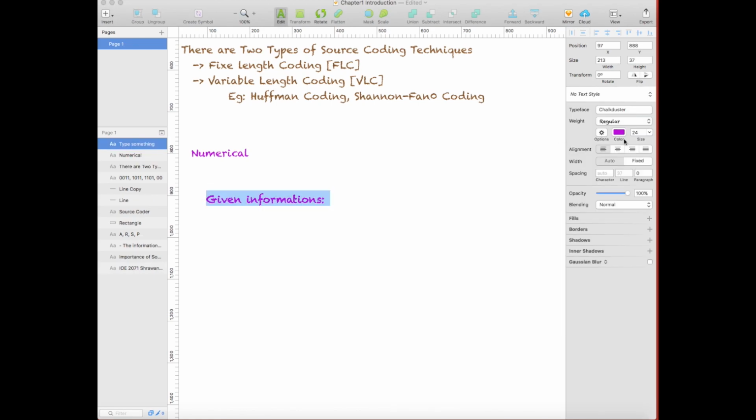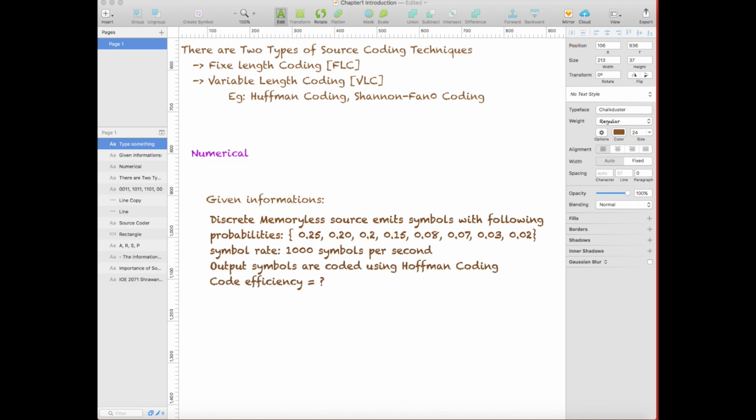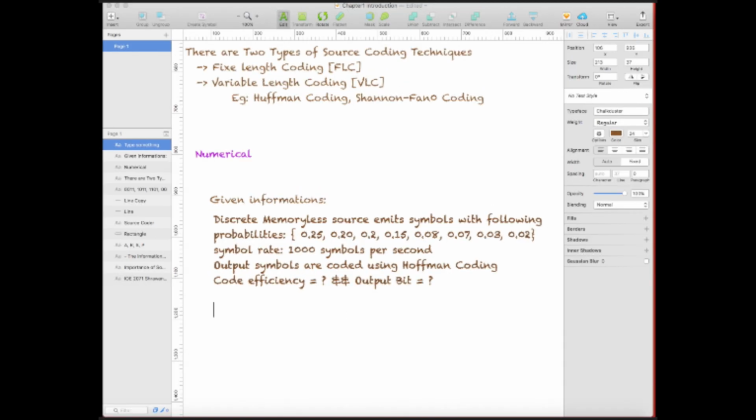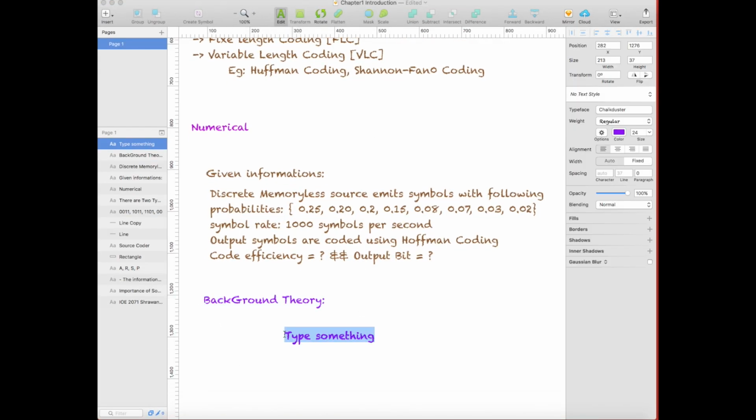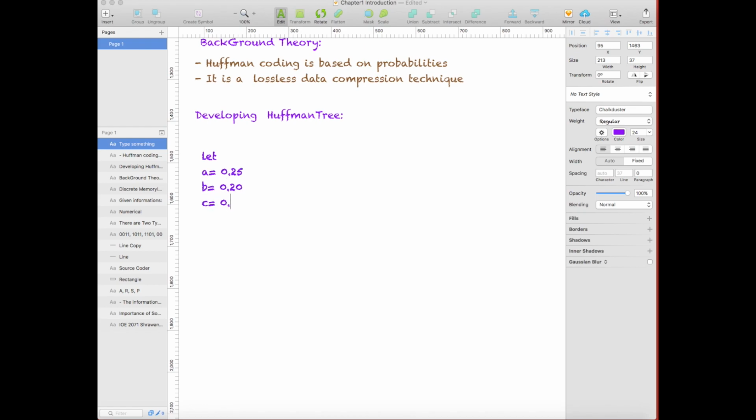Now coming to the numerical part, the given information is that a discrete memoryless source emits one of 8 symbols with the given probabilities, and the symbol rate is 1000 symbols per second, and the output symbols are coded using Huffman coding. The question asks for code efficiency and output bit rate. A little bit of background theory here: Huffman coding is a lossless data compression technique. To solve the numerical, let us suppose